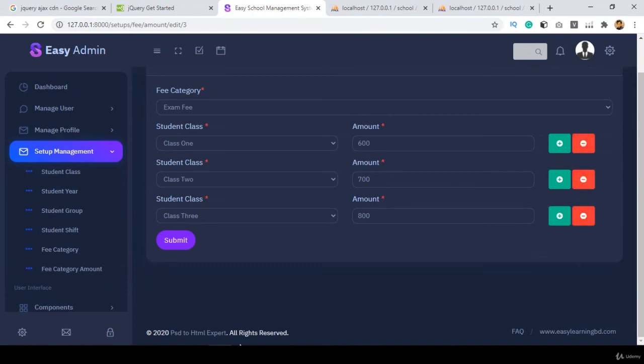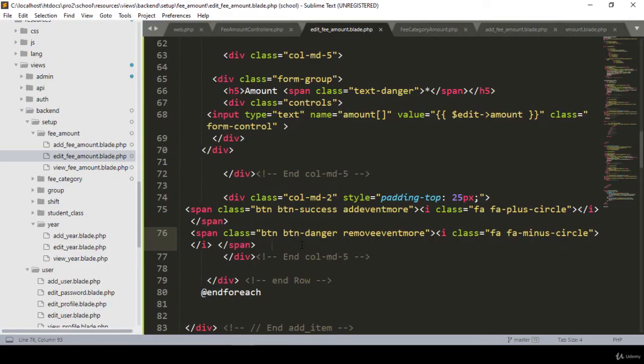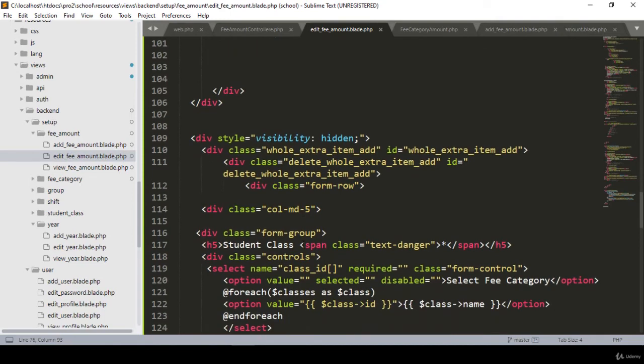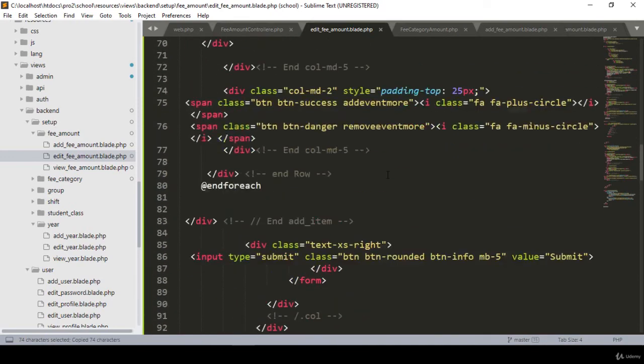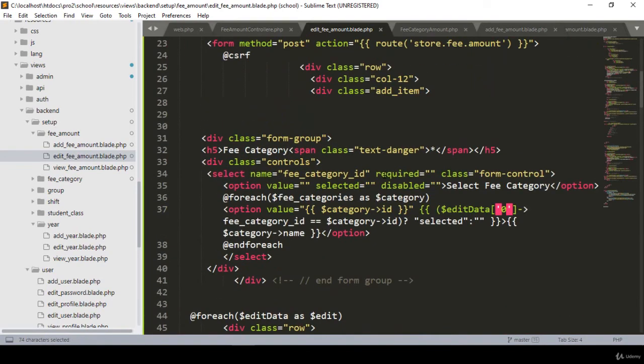So if you want to reduce it, they have also one of the classes, right? I have also used one of the classes. So here we have to update this class. Maybe I delete, add one of the classes, a delete whole extra item, right? So that is the class we have to also call. Better I copy this div. Okay, I copy this div, and then I want to do